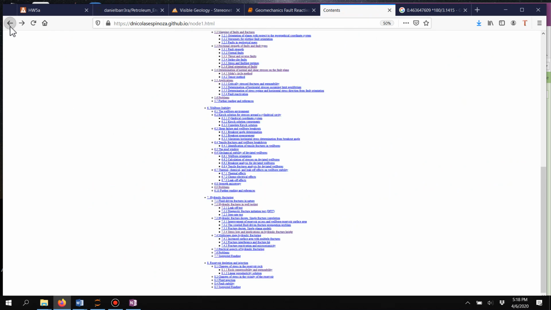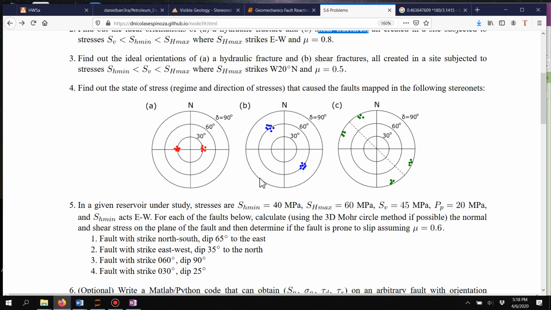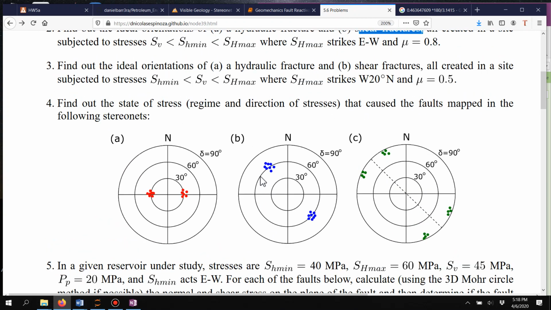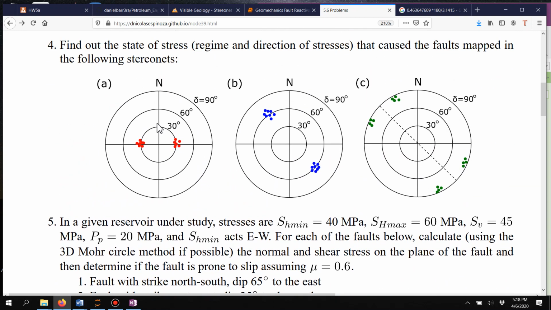in this particular example. So we say that for problem number A, the maximum horizontal stress is east-west, minimum principal stress is therefore north-south. You have to tell me the orientation of those two for B and C, and also what the stress regime